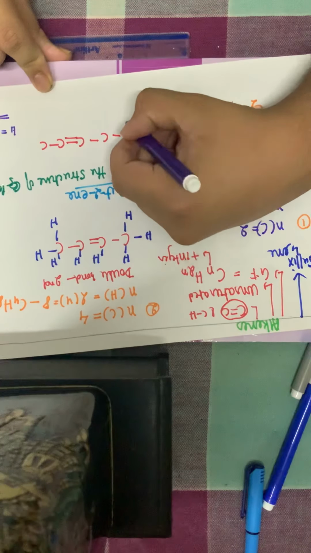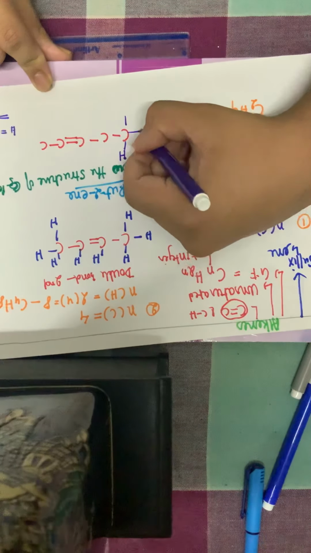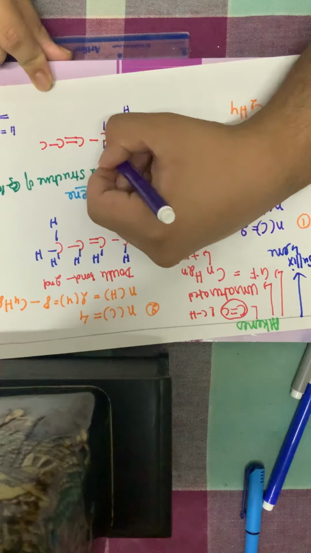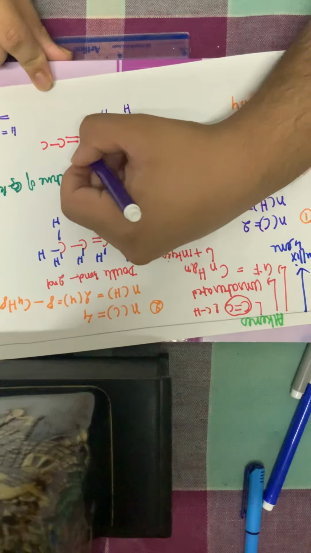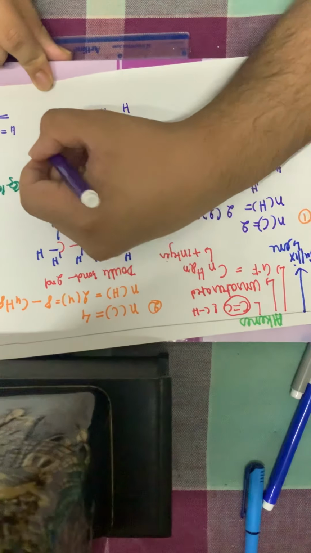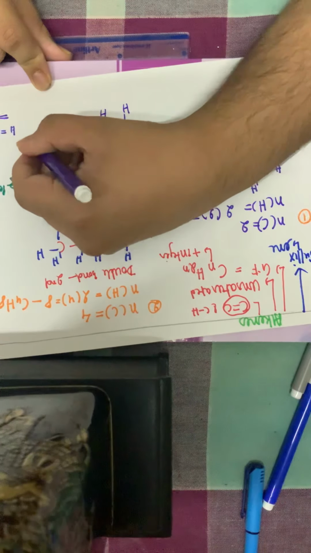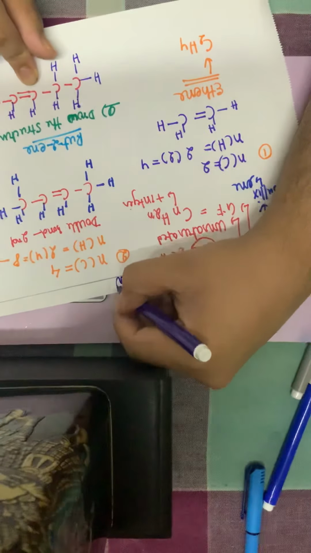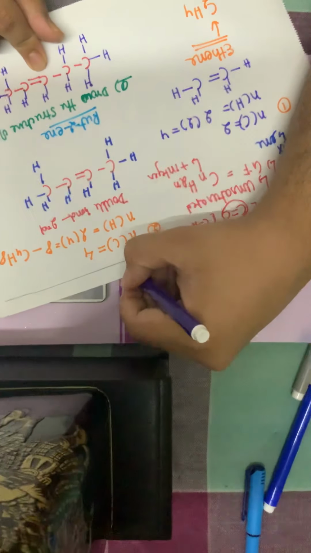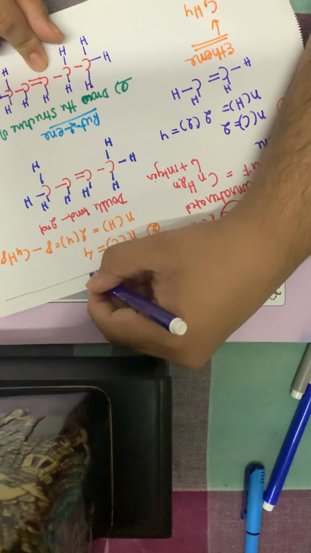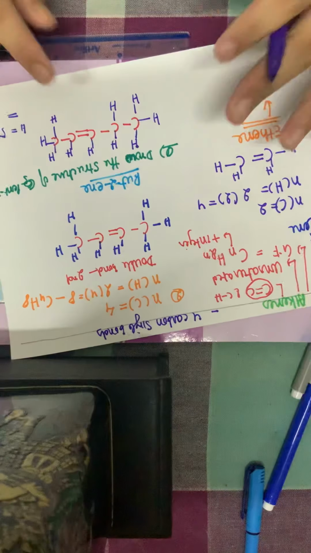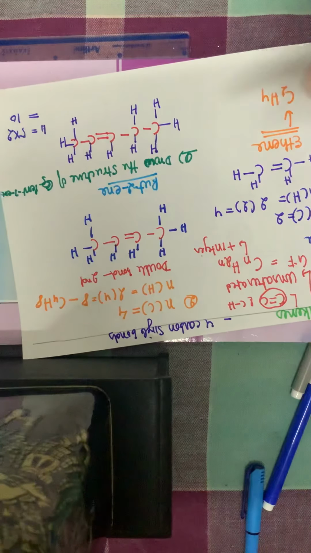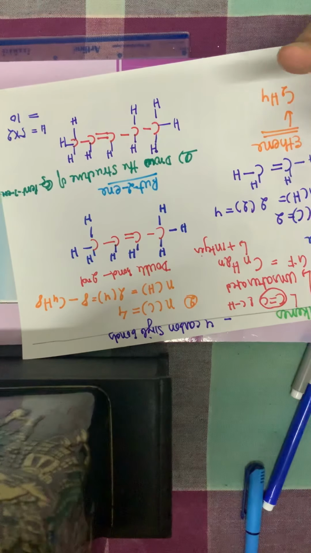Each carbon has to have 4 bonds. So it has 1 bond here, 1 bond here, 1 bond here. Here 2 bonds are there, so 2 hydrogens. 3 are there, only 1. 3 are there, only 1. 1 is there, so 3. So the golden rule for organic is 4 carbon bonds. Now when I talk about 4 single bonds, 1 double bond means 2 single bonds. 2 double bonds means 4 single bonds. A triple bond means 3 single bonds. That's how I am talking about it.